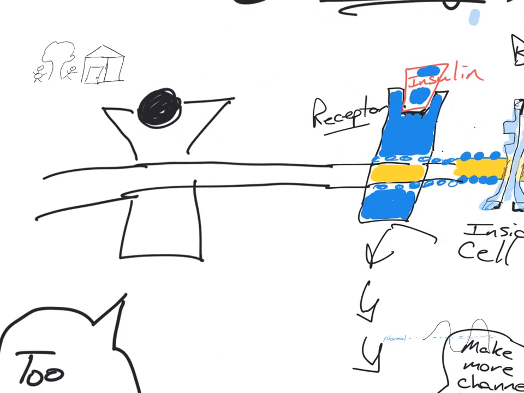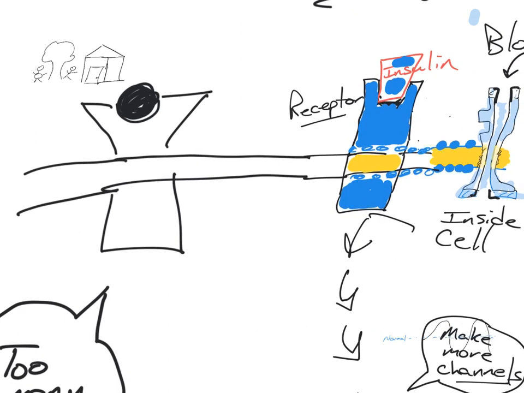So in this protein over here, there's two sections as well, isn't there? There's the section here that's sticking out into the blood, right? There's the section that's sticking into the cell. And then there's a section that's in the membrane. So again, this part's sticking out into the water, so it has amino acids that are hydrophilic, and perhaps I should draw the glucagon as blue as well, right?